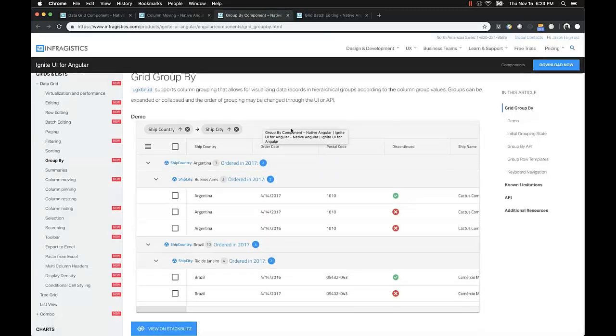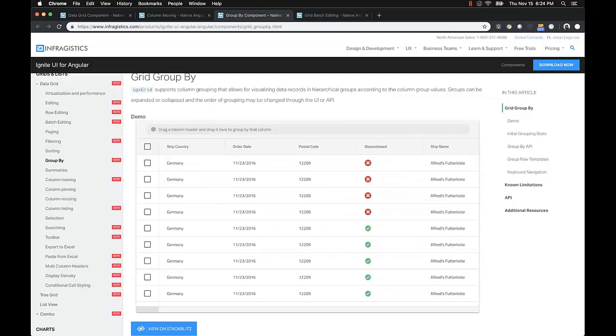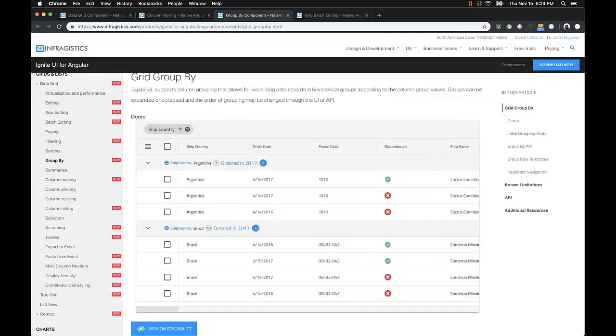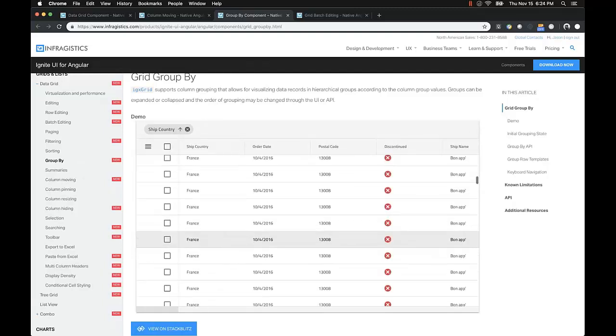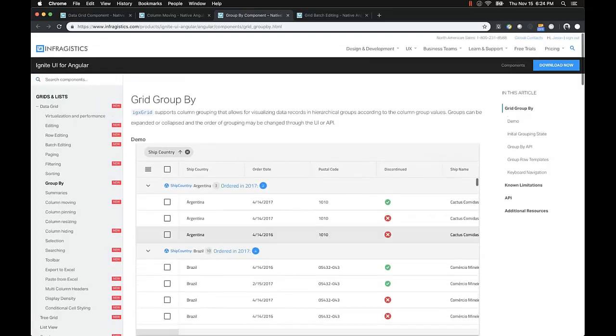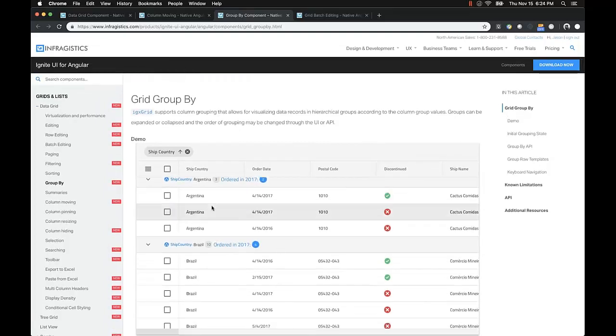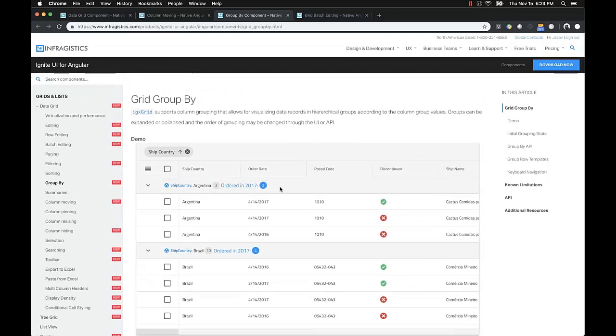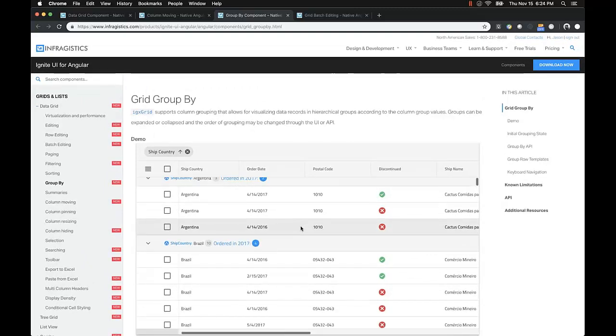Group by, another new feature that we just shipped. This sample here is showing different sorts on the group by, but essentially it works just like you would expect your WPF or Windows Forms group by to work. I can take a column header, drag it into the group by area, and then I get a lightning fast group. The group headers, of course, are templatable. You can customize what's up here. We've customized it with some numbers and some summary data,